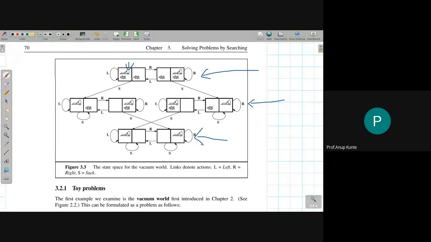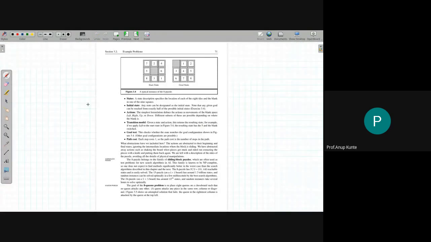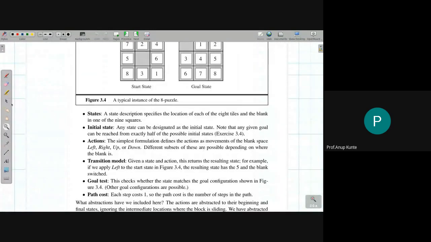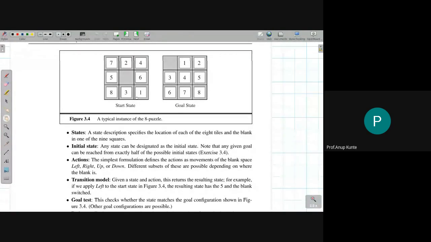Okay, so once the problem starts, you might land up in any one of these states. You can consider that, and from that you can start navigating this state space using the set of actions. This is another example, another toy problem. Next problem that we are going to look at is this one. So today we are going to look at a lot of puzzle games and board games, and typically try and understand why they are problems which can be solved using a problem solving agent.